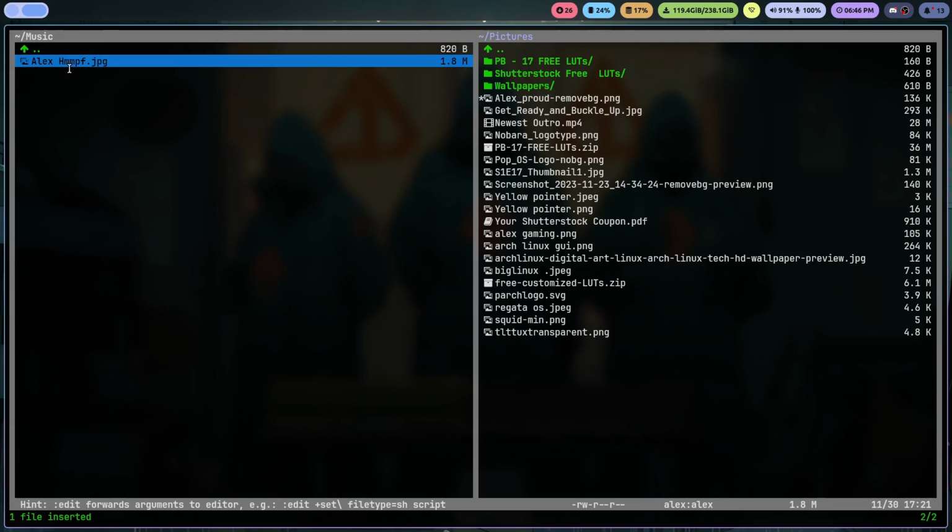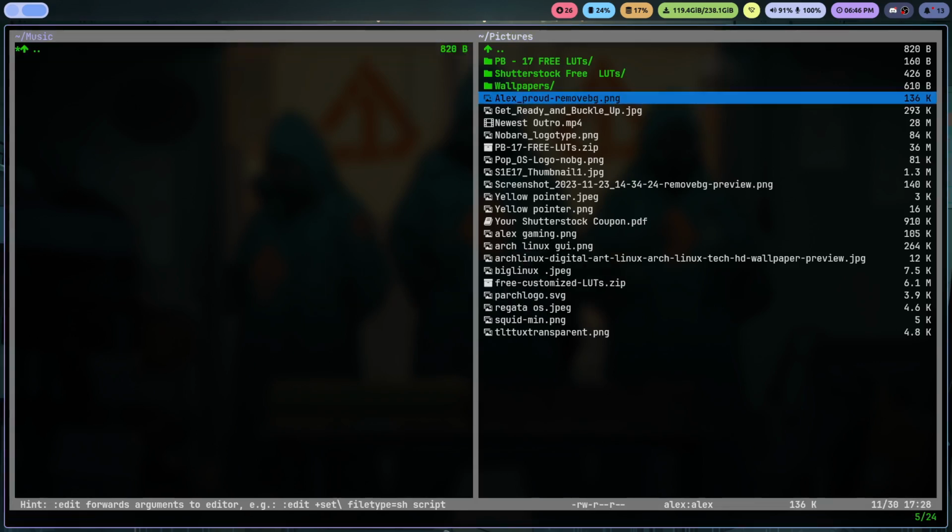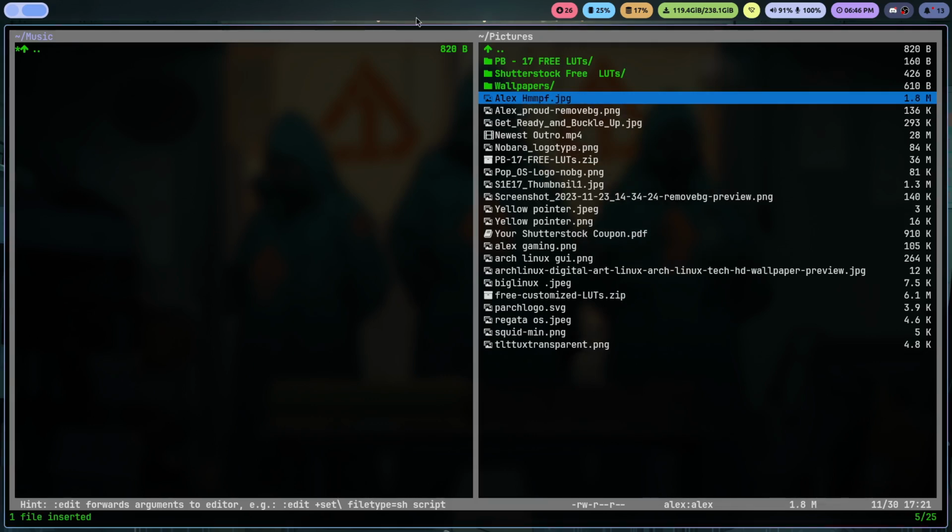So now we do DD here. We hit yes, and then we hit Tab, and then we just hit P, and then we put it right back. And that's how you can copy and paste from one to another. Seamlessly fast. Now, there's a whole lot more to this that you can do with plugins and other things,